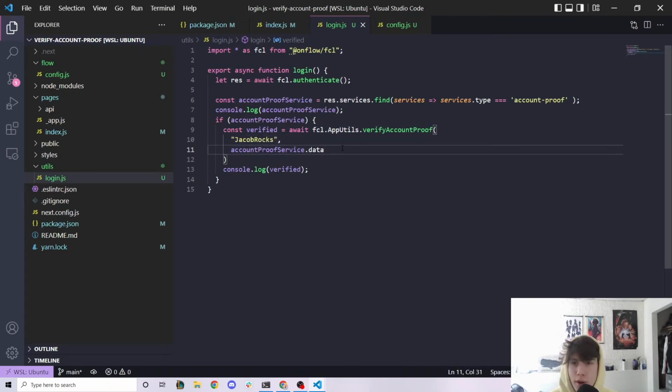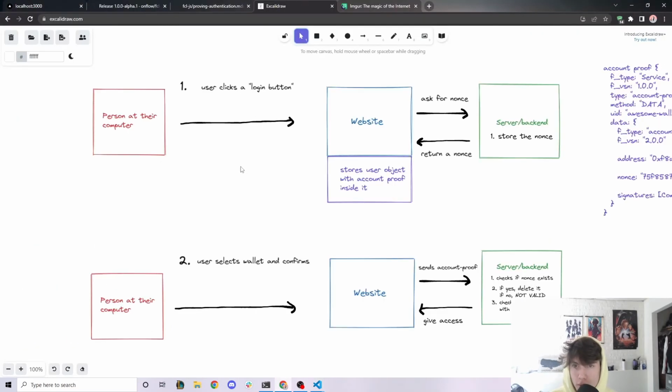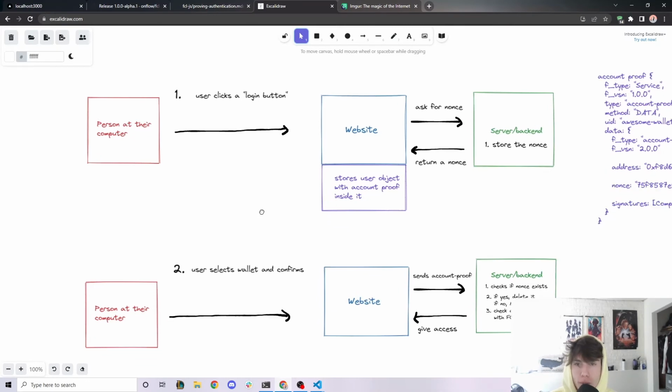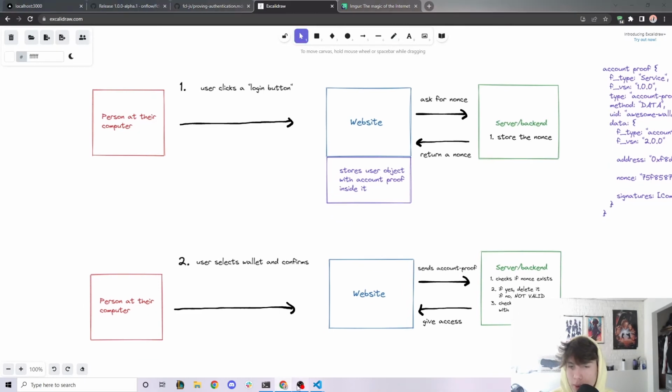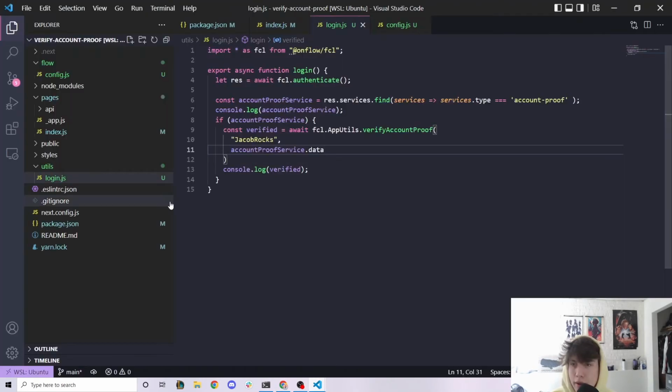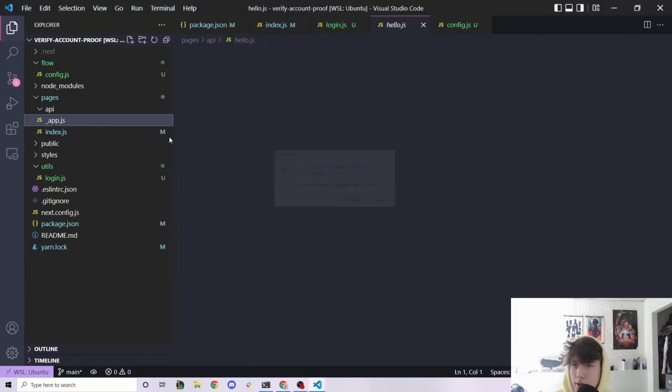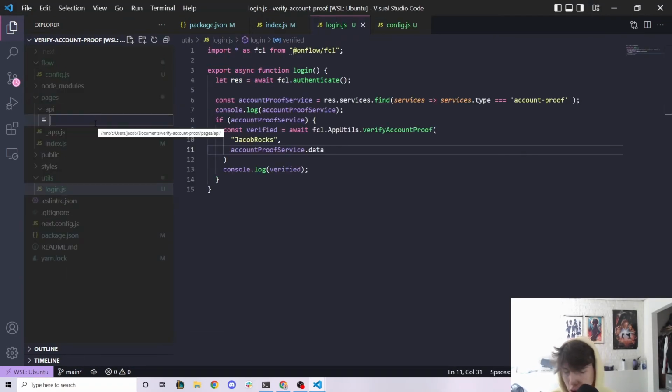Now what we're going to do in the rest of the video is show you how to actually use this workflow that I showed you in Excalidraw to have a user doing this whole process, right? Where the backend gives information back to the user. Okay, so let's go ahead and abstract this a little bit to also use a backend. So we can go to our pages API, and I'm going to delete this hello.js, and instead I'm going to add a new one called